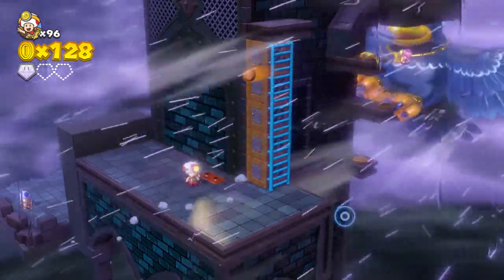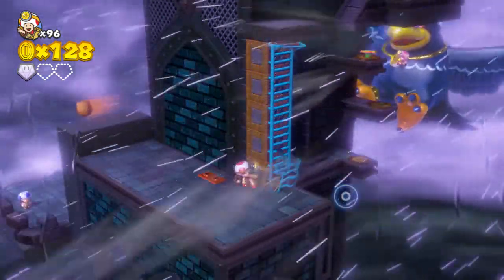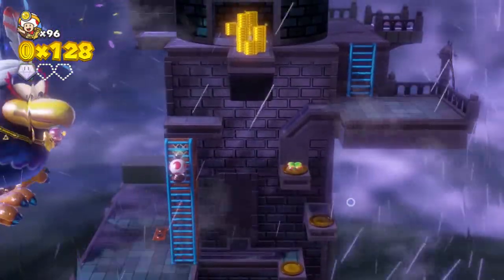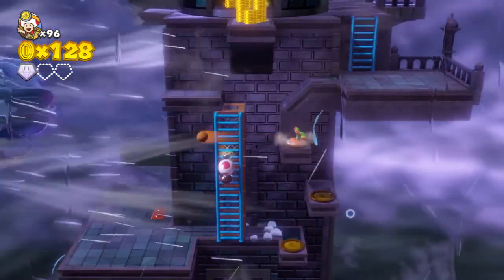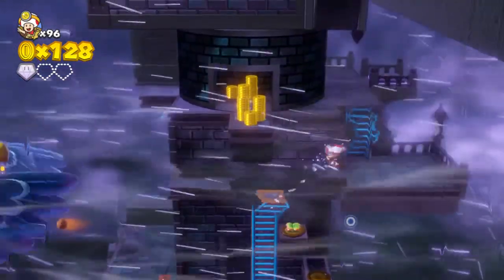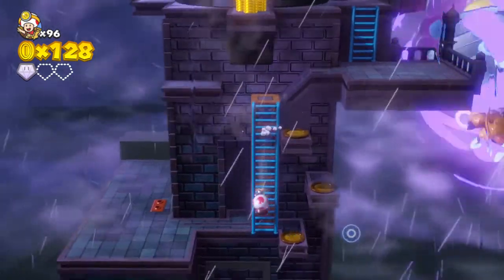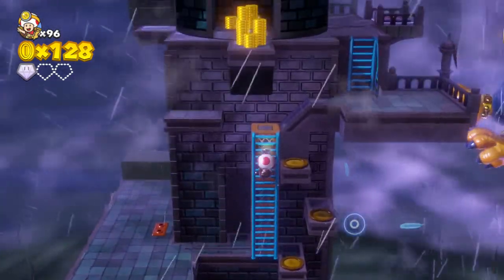And because the secret objective is to collect a certain number of coins, and the Toad Brigade is the halfway point, you would be screwed if you die right now, because then you wouldn't be able to get the secret objective on this go-round. Oh my god, how did I